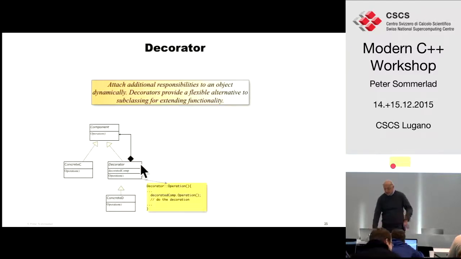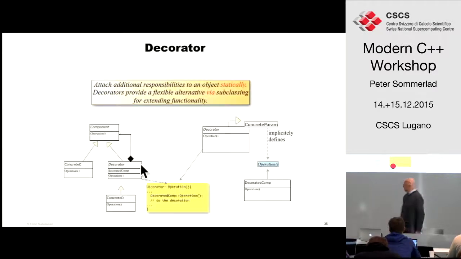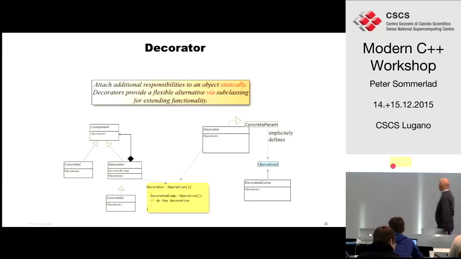And the classical design pattern, the decorator pattern, will do that via dynamic polymorphism. And we can exchange that for a static compile-time decorator. So instead of delegating to our object reference, we delegate to a template parameter with the operation, and that allows us to add additional features to the operation.